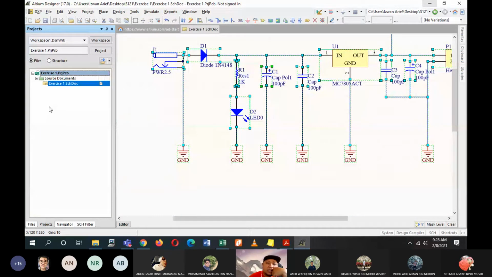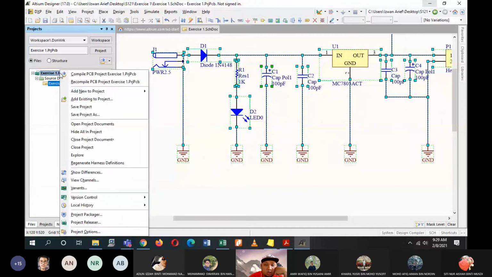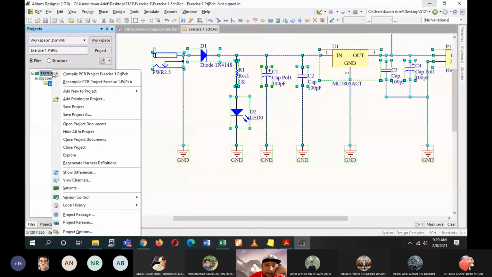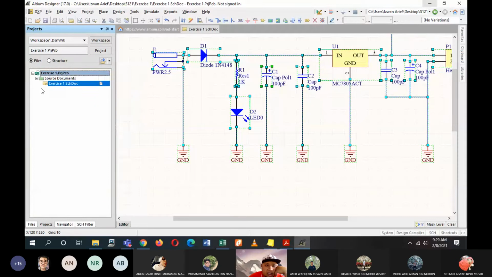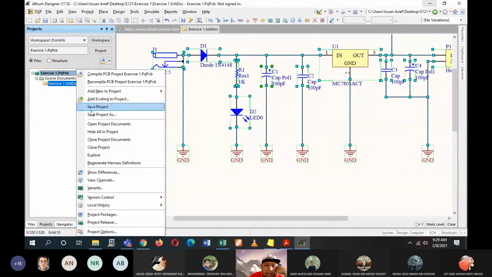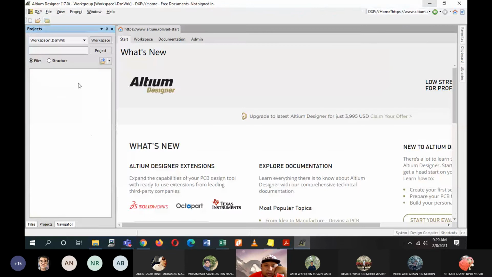I don't want you to use the same, because I named them exercise 1. So we have to create another project, named exercise 2. So you have to remove this one first, so that it will not get mixed up with each other later on. So right click on exercise project PCB and then click on close project. The project will be removed from your project panel, but it is still where you saved it. You can find them.